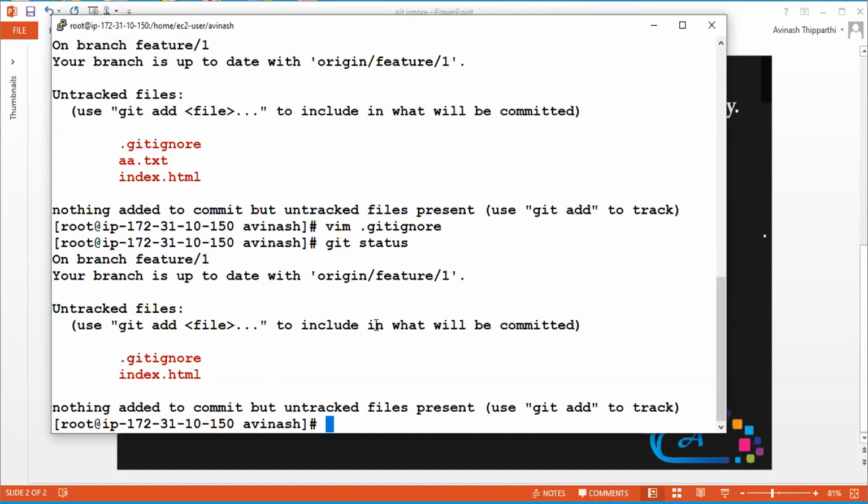So you can add all the required formats there under gitignore, and you can continue with git add and git commit, all those options. So this is how exactly you can use